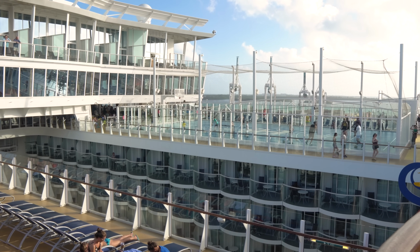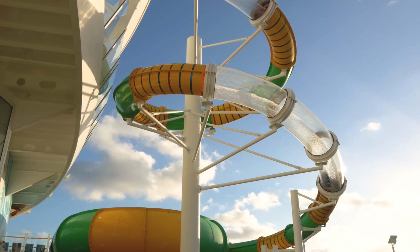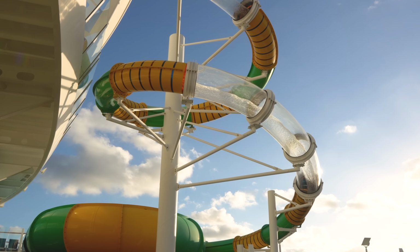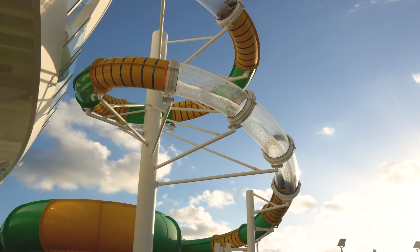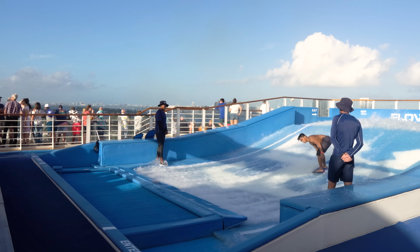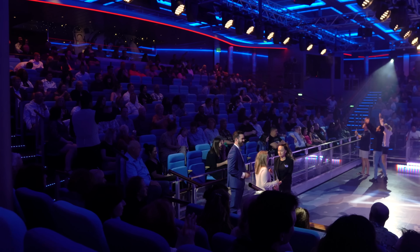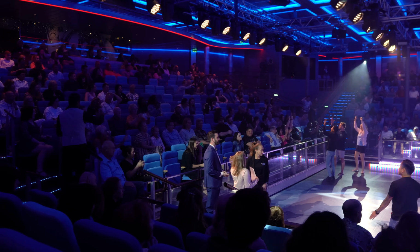It's practically impossible to feel bored on Symphony of the Seas, and I was almost overwhelmed with the amount of activities to choose from. Whether water slides, rock climbing, or using the FlowRider, each day on board was packed with a full schedule of activities. Even if adrenaline isn't your thing, you could still find an abundance of programming like trivia and game shows and